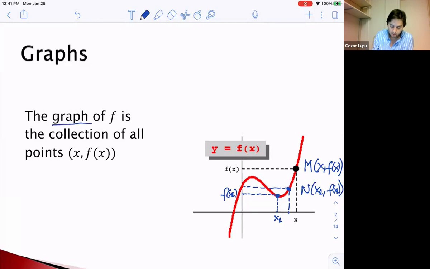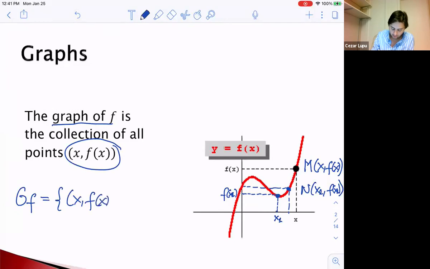So this will be nothing else than just the collection of such points, x, f of x. And we write this in a certain way, G of f sometimes. We write it as this, the set of points x, f of x,